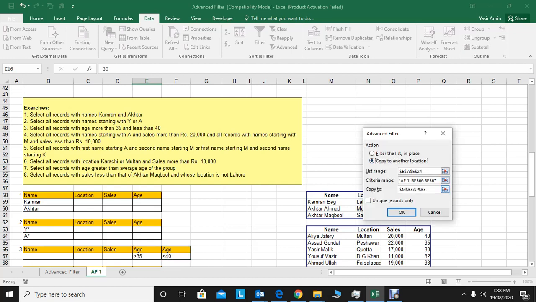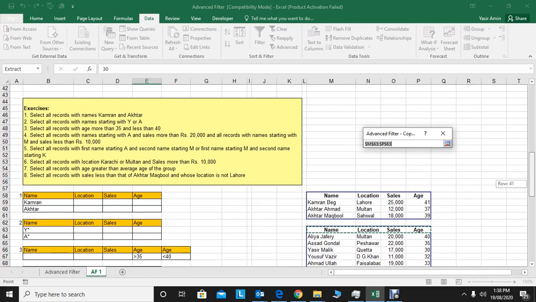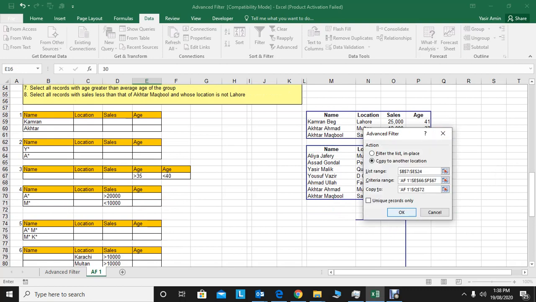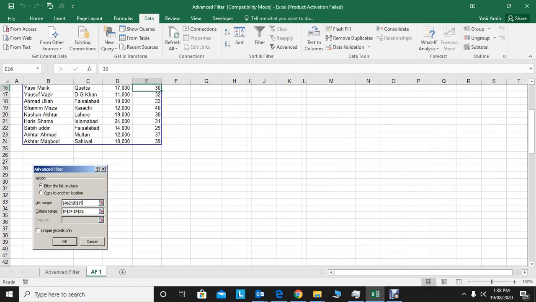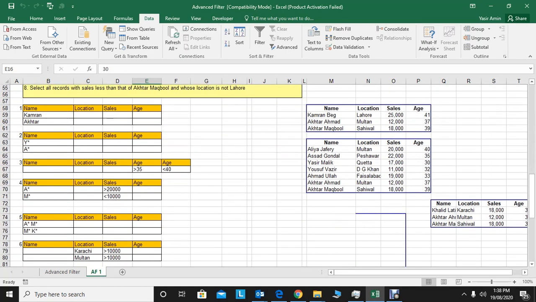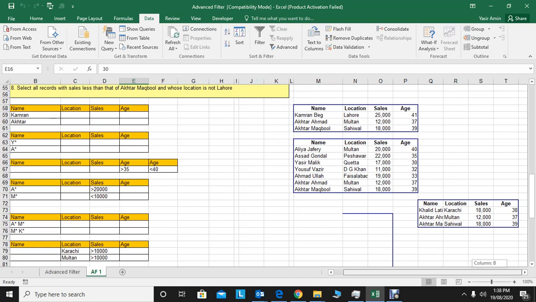Copy to another location. I don't want to disturb the existing table. Copy here, you can also do it in another sheet, and click OK. Now see, all the staff whose age is greater than 35 and less than 40 get filtered.